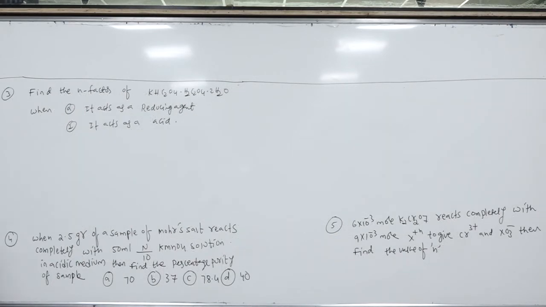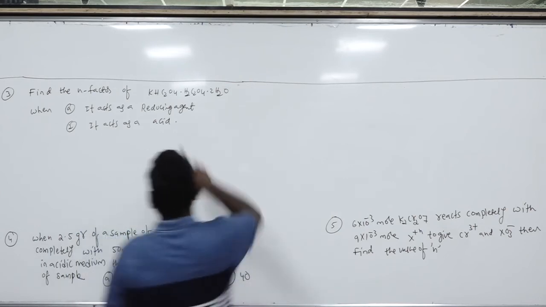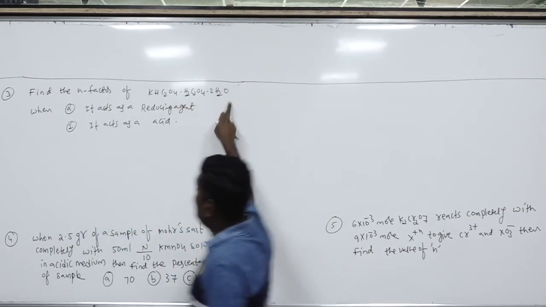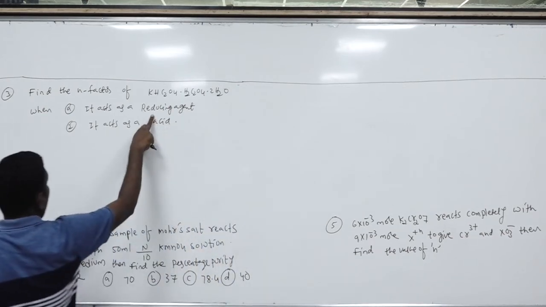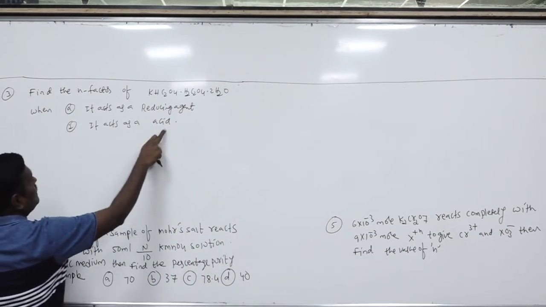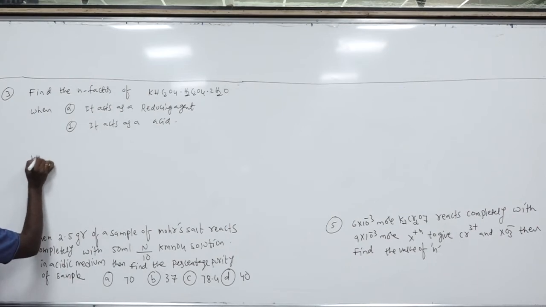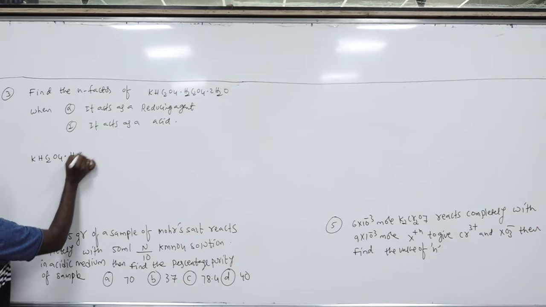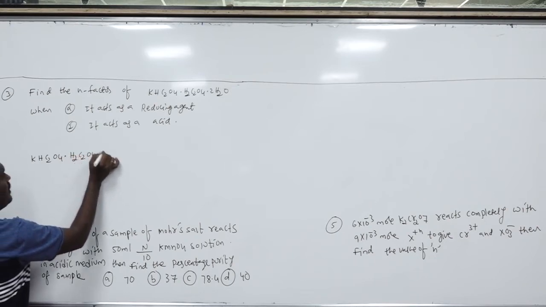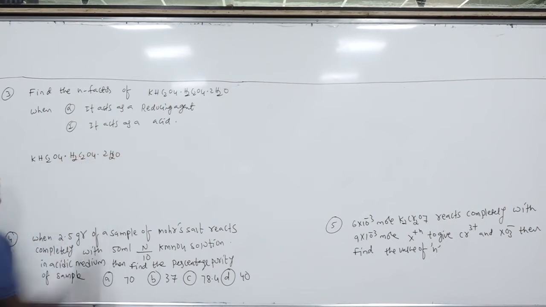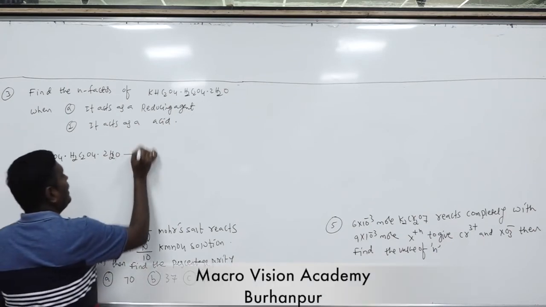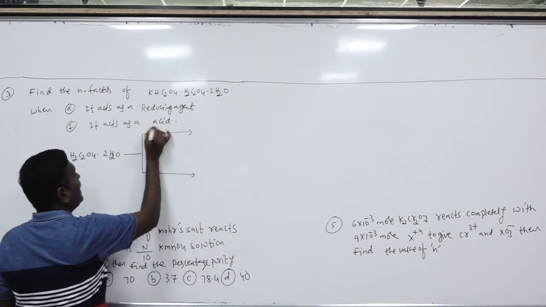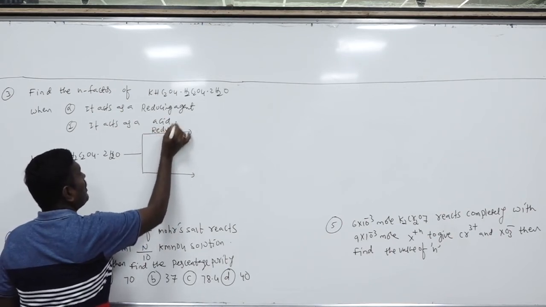Next problem. Find the N factor of KHC2O4·H2C2O4·2H2O when it acts as a reducing agent and when it acts as an acid. Now here, KHC2O4·H2C2O4·2H2O. Now when it acts as a reducing agent,